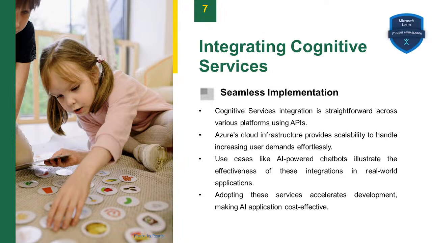Microsoft also offers developer documentation, SDKs, and sample code to help you quickly get started with integration. This accelerates the development lifecycle and enables you to focus on building features that matter most to your users. In conclusion, integrating cognitive services into your applications enables you to bring powerful AI features to your users quickly and efficiently, with the flexibility to scale as your needs evolve.